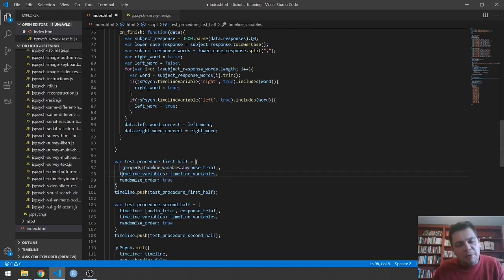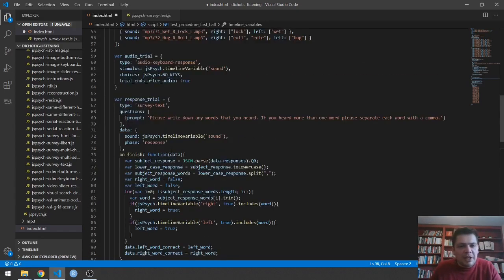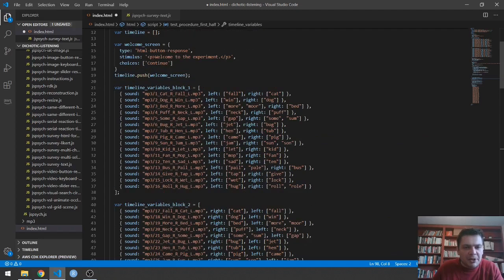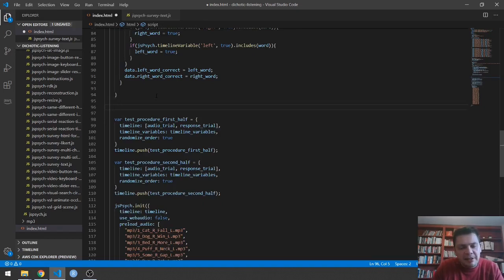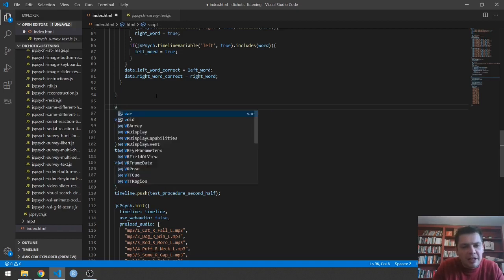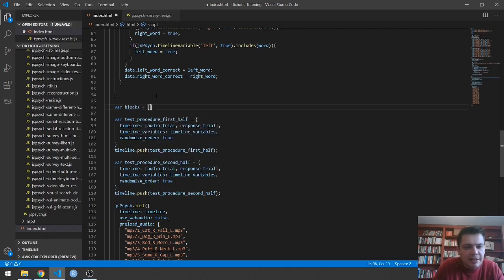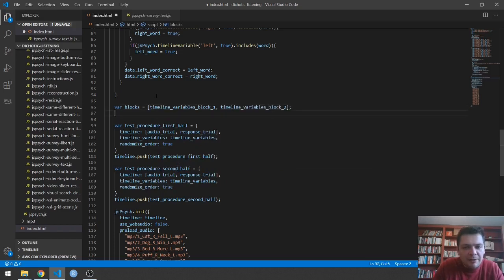So one thing we probably should do is we should counterbalance across subjects which of the blocks comes first, block 1 or block 2. So we can do that in a couple different ways, but maybe a simple way to do it is to create an array that's the blocks. We could say timeline variables block 1, timeline variables block 2, and then we could do blocks equals, and then